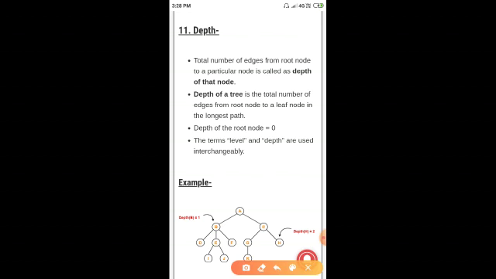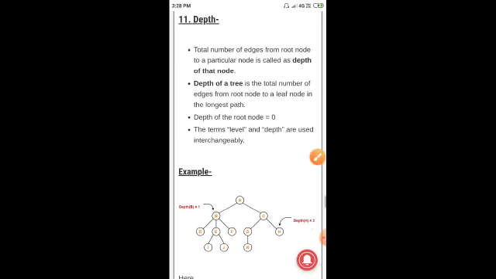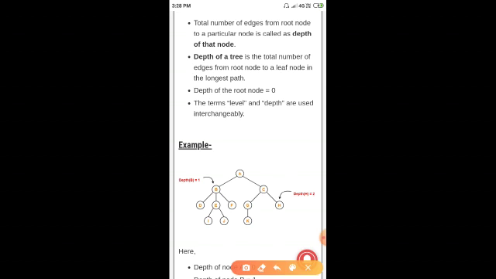When we are calculating the depth, from where do we have to start? From the root. When you are calculating the height of the node, we have to look from the leaf node. The total number of edges from the root node to a particular node is called the depth of the node.